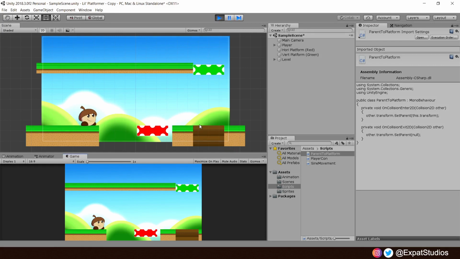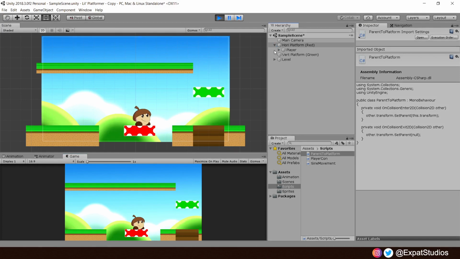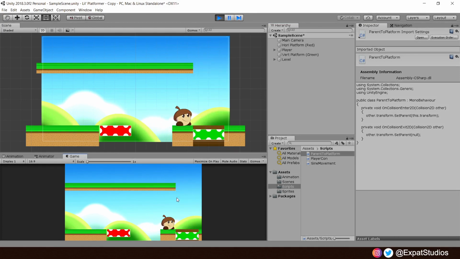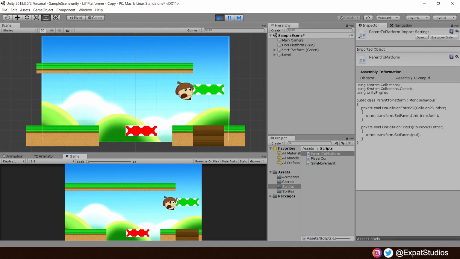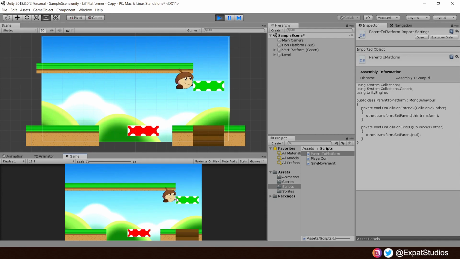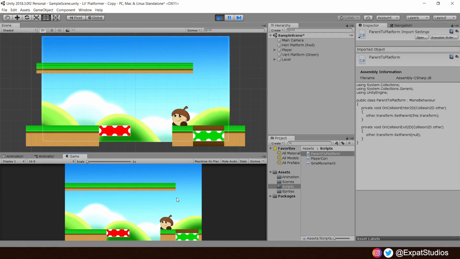We can make our way along, and you'll notice when we touch this platform, the player is now a child of the platform. Then, when we step off, if we touch any part of the collider, we get stuck to it. We become the child no matter where we're making contact. This is undesirable, so let's create a much cleaner, more accurate system using a ground checker, which we've used before